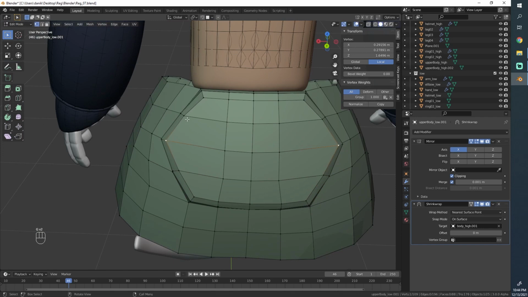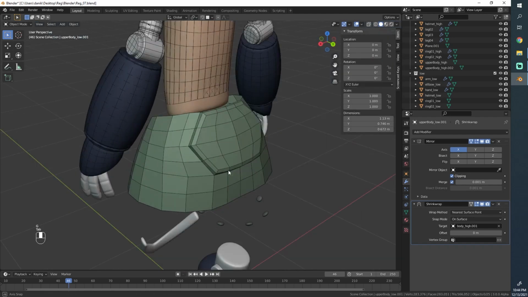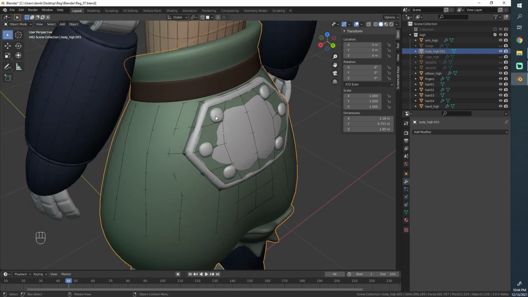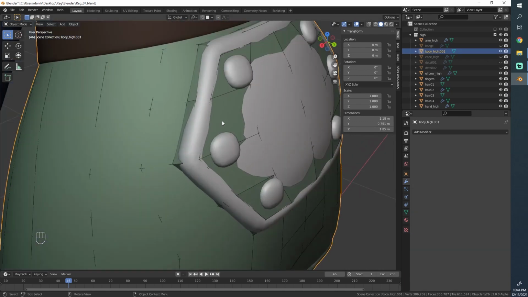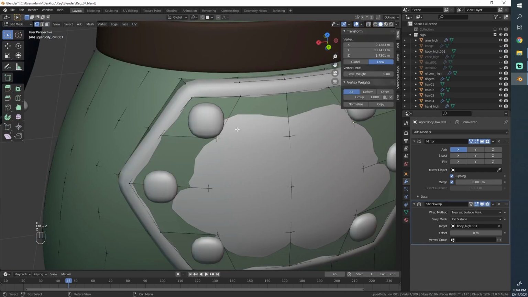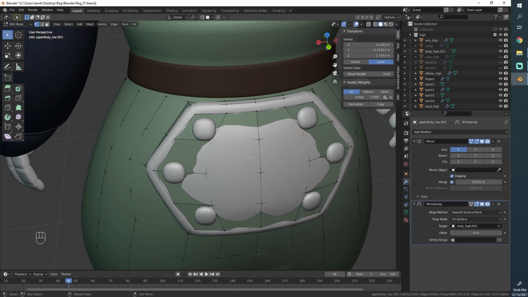I am a bit concerned though about those buttons on the top, because those are a bit larger than I thought at first. So it would be a bit too obvious if they're missing in the silhouette. It really needs those. So I think I might go in and try to do something about that, which is a bit tricky. So what can we do here? I kind of want to avoid having to do this separately. It would be just a lot more convenient if we could do this in one object, in one mesh even.